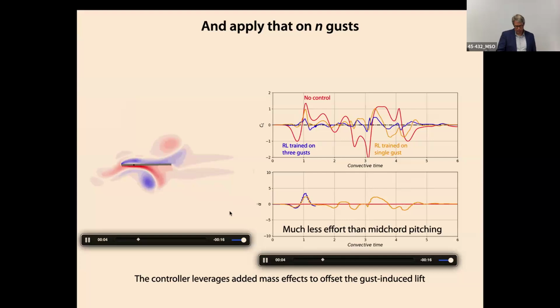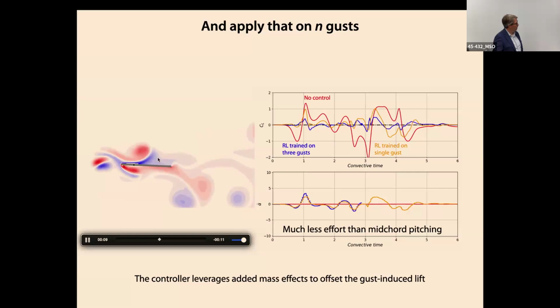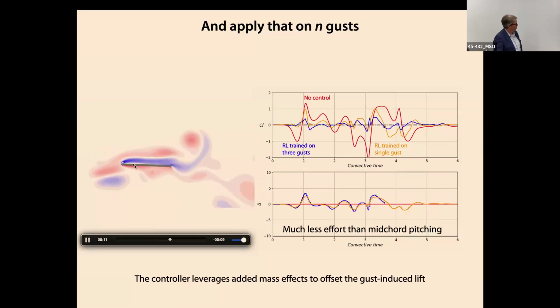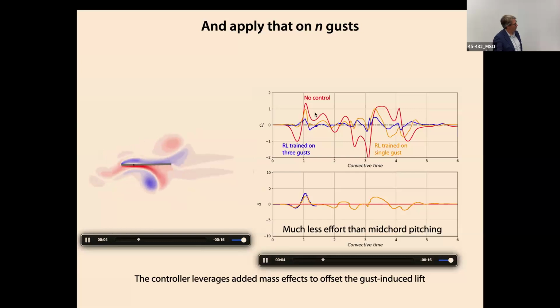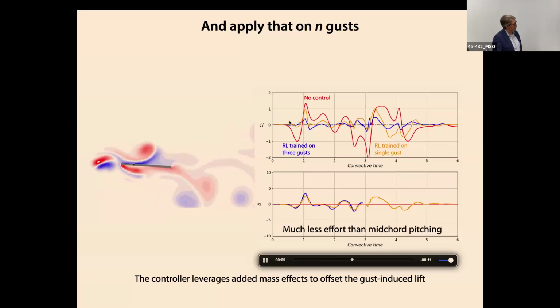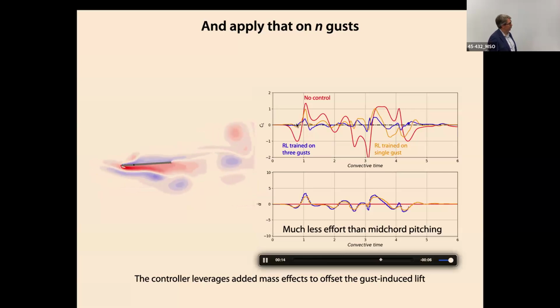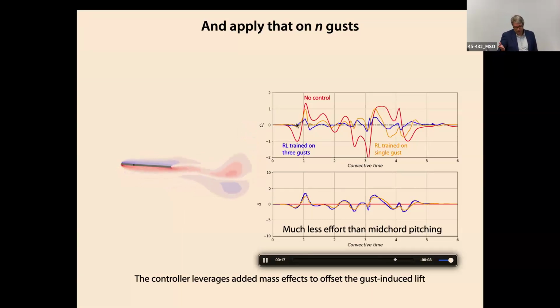And that's because it learned about added mass, right? So added mass was a feature it couldn't exploit very well before. But because it's pitching about this point, there's a sort of heaving part of this element. So this thing is heaving up and down and able to push on the flow. And the inertial reaction from the flow provides this extra benefit of lift. In fact, if you unwrap this, you'll find that for every gust disturbance to the lift, the action produces an added mass, one that's sort of equal and opposite, learning to cancel that out with added mass. So it learned about that on its own.